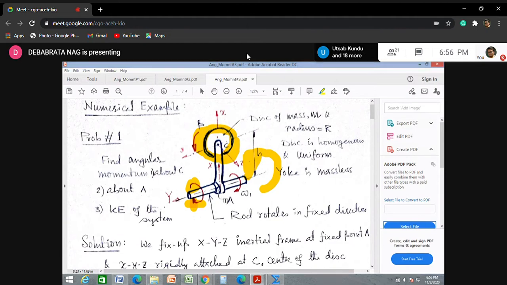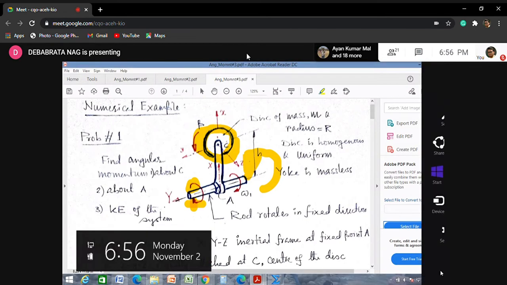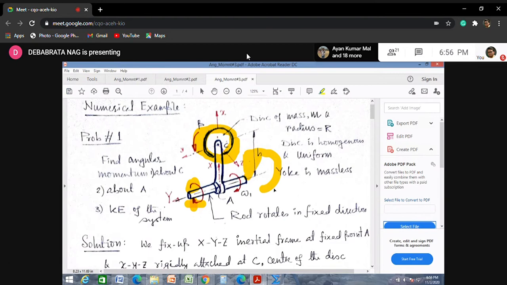So as a result, I cannot apply the angular momentum equation. I cannot simply evaluate I about this point and then take omega of this body and make that matrix multiplication. I cannot do it. Then it will be wrong. So then what will happen? I need the safe equation. What is the safe equation? I told you, the safe equation is the transport theorem of the angular momentum.